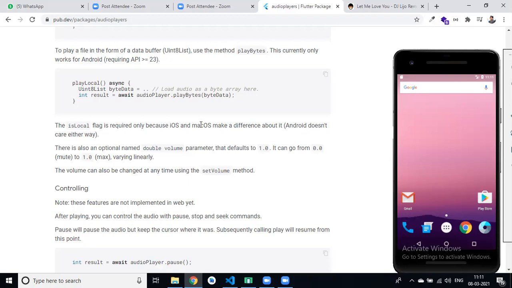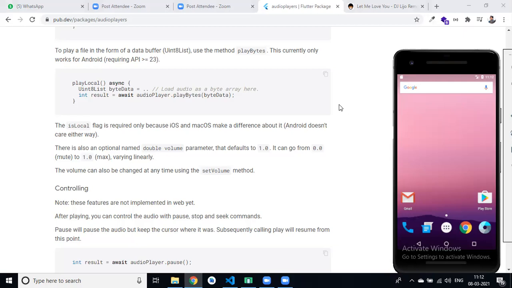Sanawaj, can you create now a Spotify? Roshan, Harish is not able to reply. Yeah, Harish. With the help of this audio player class, you can play music from the asset folder, or from a URL, or from your file, right?